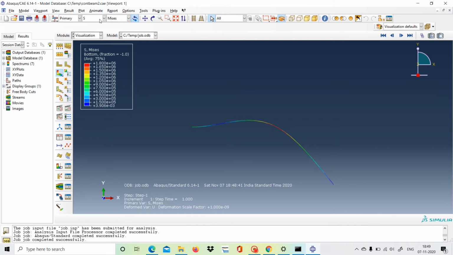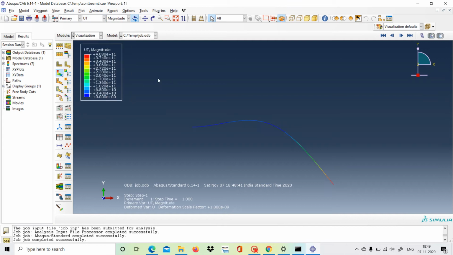We can see here with the UT we can click translational displacements. It's showing the red one, which is the maximum, 4.08 into 10 to the power 11 magnitude, the maximum displacement at this position.